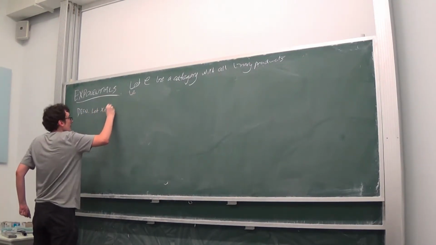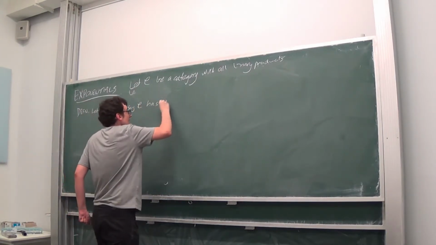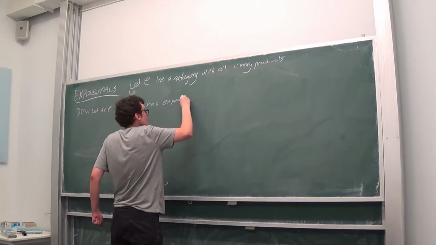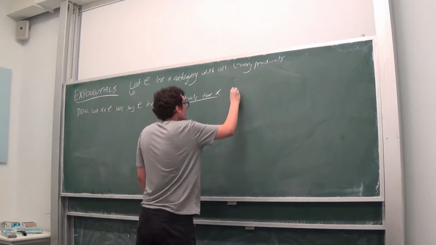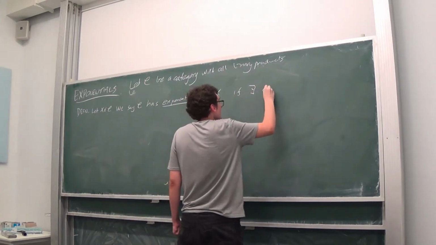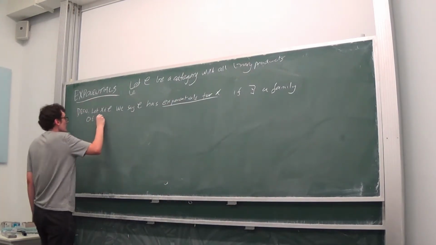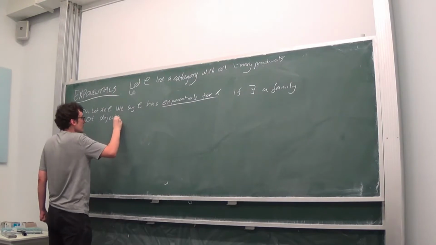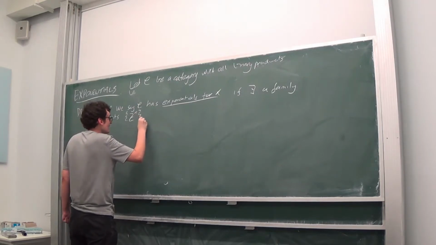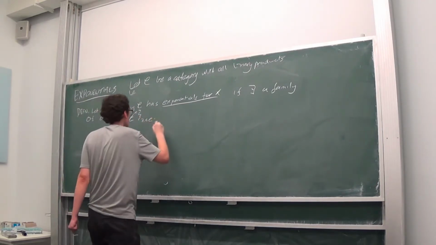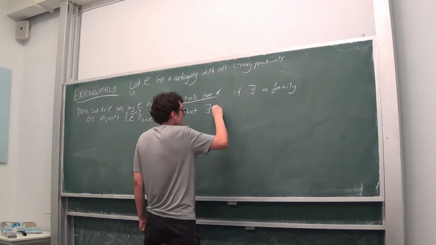Let X in C. We say C has exponentials for X if there exists a family of objects denoted by Z to the power of X, for any Z in C, such that there exist